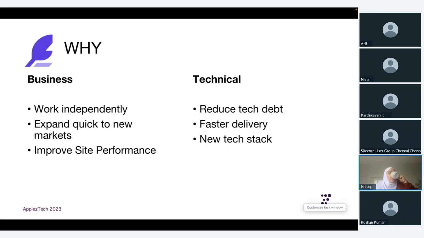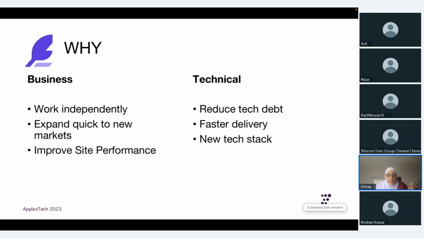So why would we go with the headless CMS after reviewing all of that? Again, it helps us with having this independent experience between your backend and your frontend. It helps you quickly roll out a system to your market, right? And this is very strong when you have your website on Sitecore, you have all your capabilities done there. But then your marketing team asks you for a quick